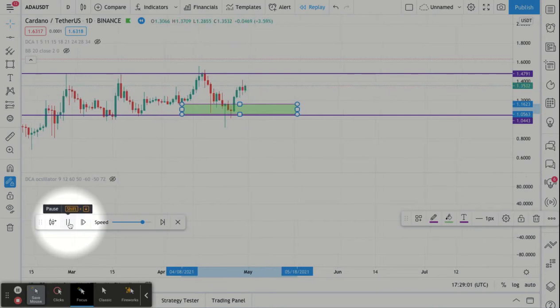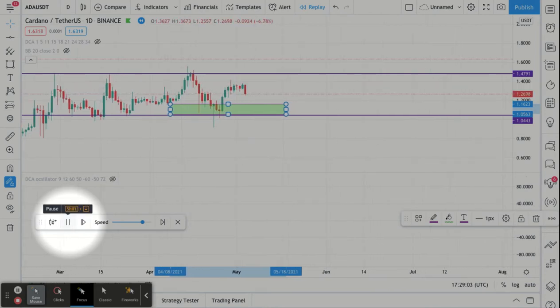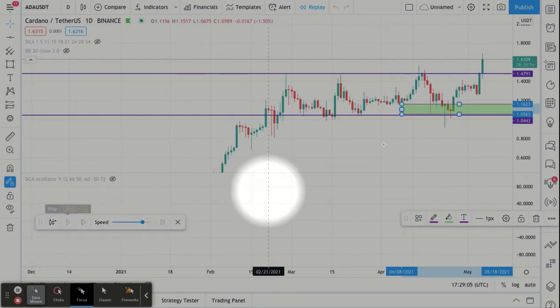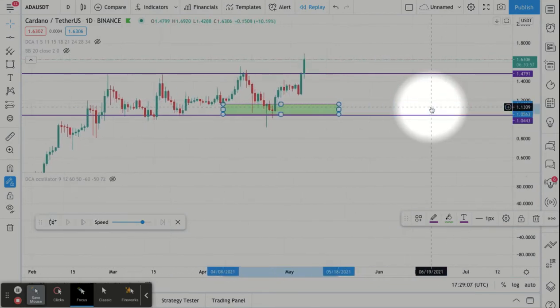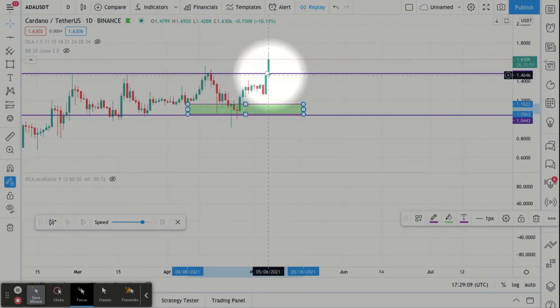So we're going to keep it going, keep it going, keep it going. And it's going to just bounce up. And then, all right, so we're back in real time. Then it hits right here and it closes. So right here,